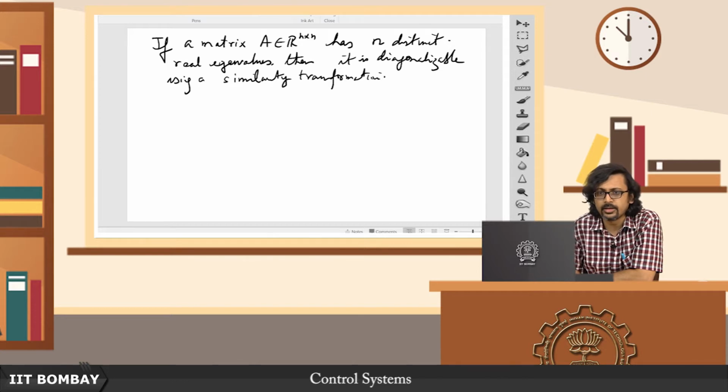Now there are a lot of involved nitty-gritties and conditions on this, things like so called algebraic multiplicities and